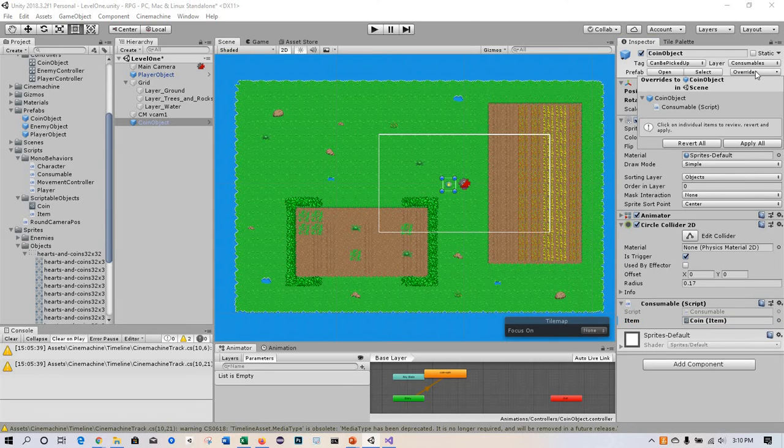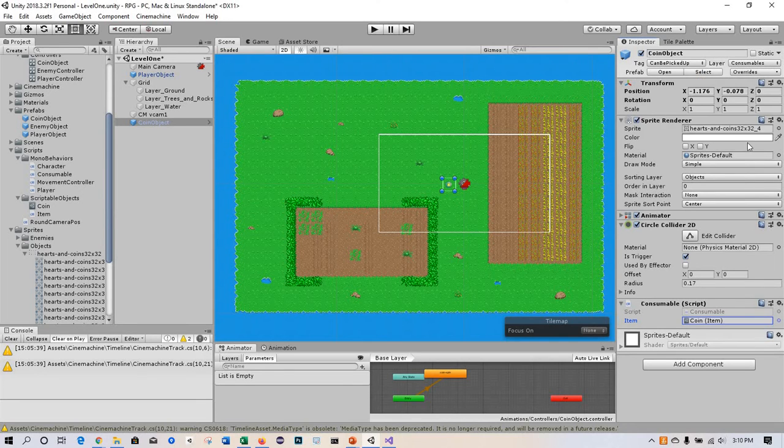And then I will apply that because we really should be editing the prefab. All right, and then I'll also save the game. Okay, so now that our coin, this object that can be picked up, has an item attached through the consumable component. Let's go back to our player script,